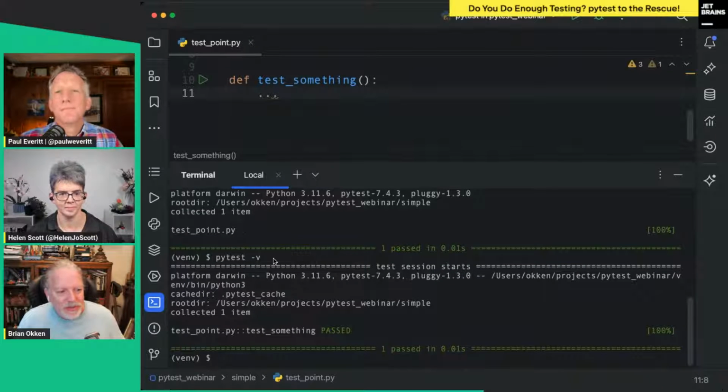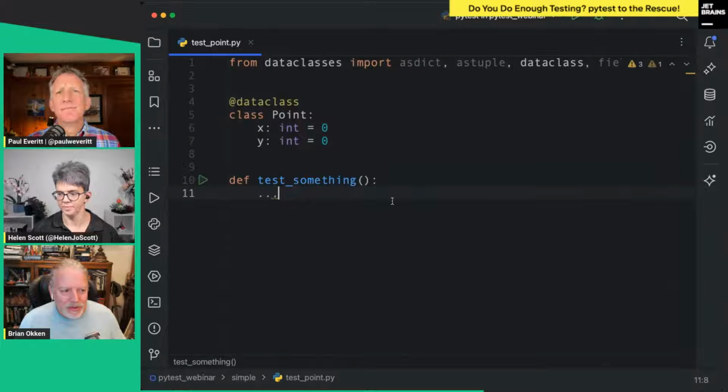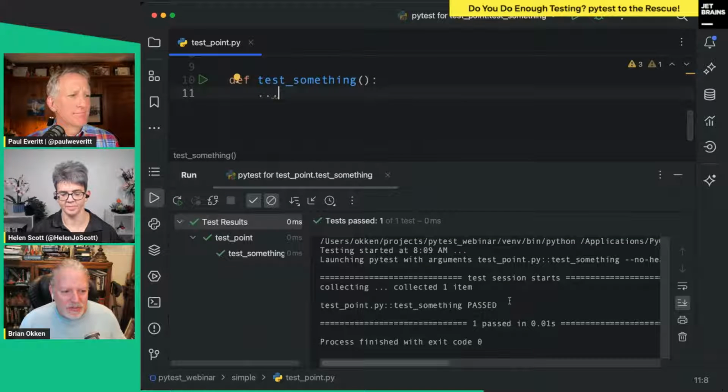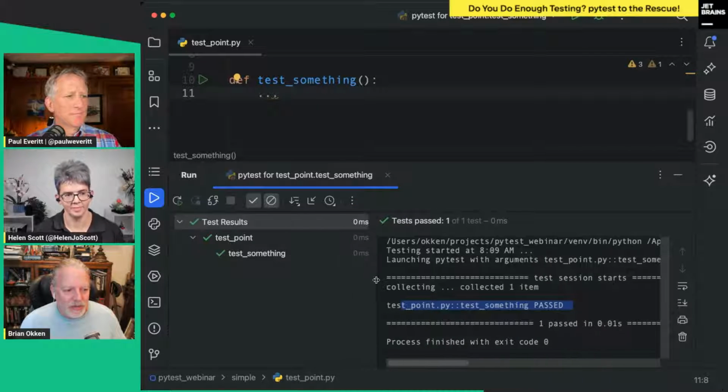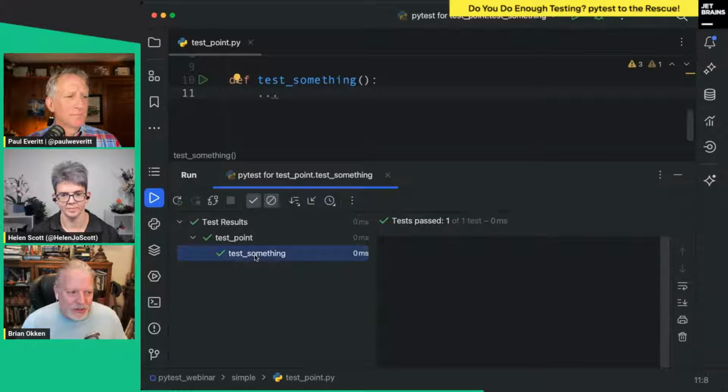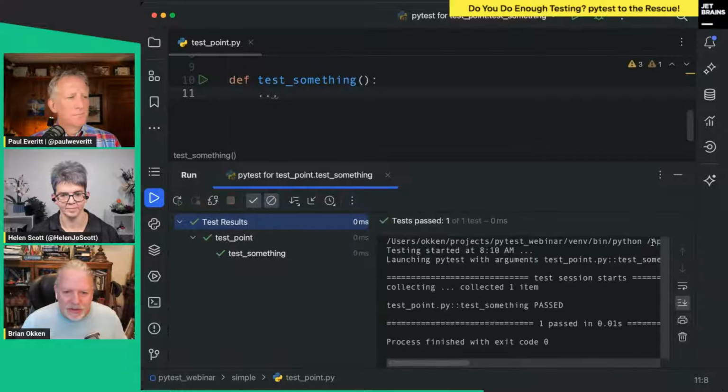So this is one of the fun things about PyCharm: I'm using this in the command line just for a little while. Most of the time I run it through PyCharm. pytest -v will show me the test names, but PyCharm does it automatically. So if I just say run, it just shows me already. It adds the -v for me, which is kind of cool. And then it also shows this nice directory of tests that were run, and I can rerun it from here, and it's really fun within PyCharm.